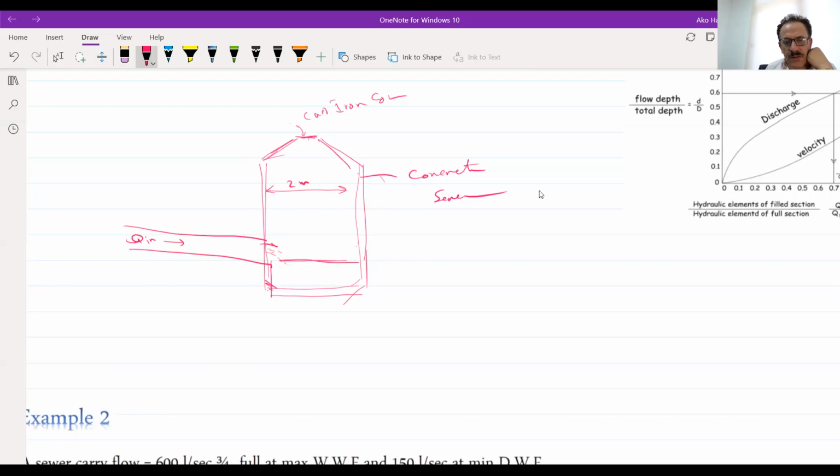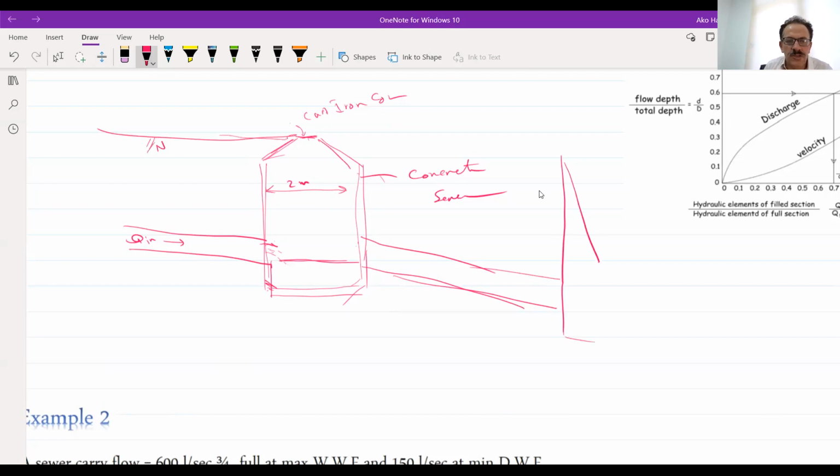And there will be another sewer just after this, a little bit higher than this. Now you can see there will be another manhole. What we have in the next one, this is the natural ground level.